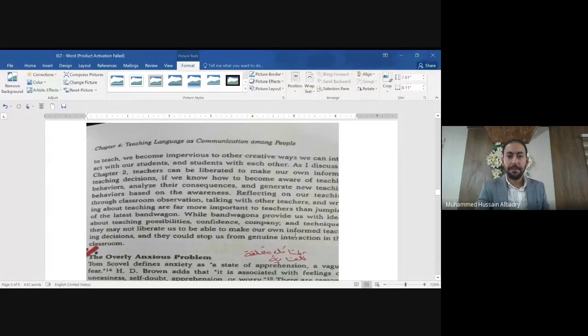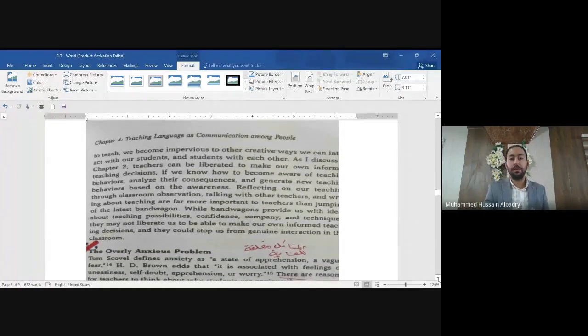You see here, while the bandwagon provides us with ideas about teaching possibilities, confidence, company, and techniques, they may not liberate us to be able to make our own informed teaching decisions, and they could stop us from genuine interaction in the classroom. Maybe they are good sometimes. Maybe they put us on the safe side and make us confident because we are doing what other teachers do, but they will not liberate us to be able to make our own informed teaching decisions.